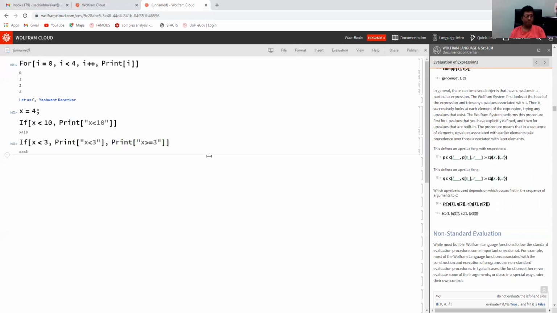Let us see. This is checked: x less than 3, is it? No, this is false. So if the condition is true, the first thing is executed. If it is false, the second thing is executed. So x is greater or equal to 3.